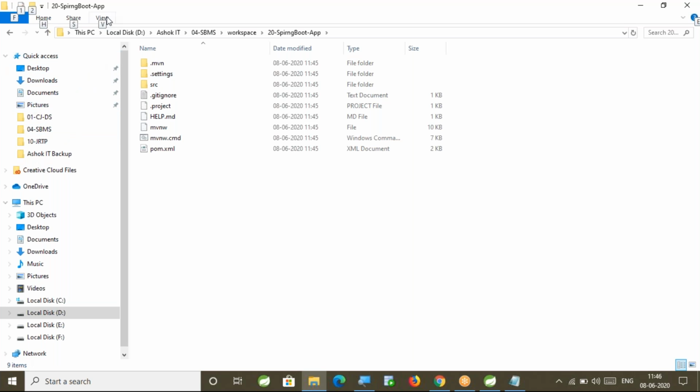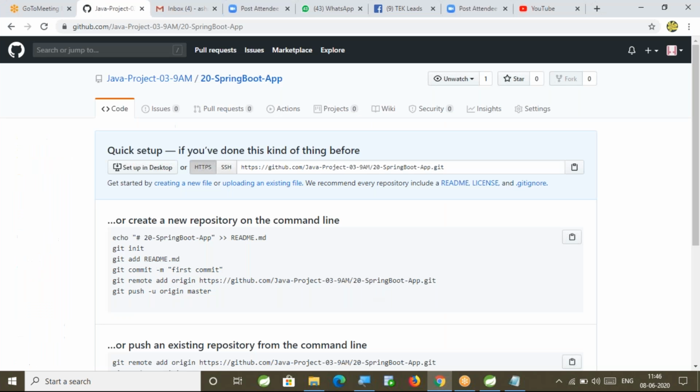You can see all the folders available in this project. So this is my current project. Now all these files I want to commit to that Git repository. Currently my Git repository is empty. I want to commit all these files to the Git repository.